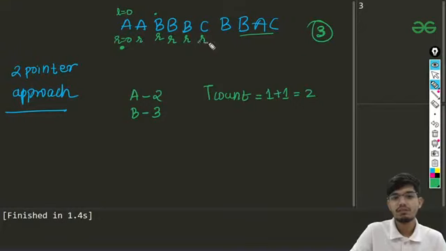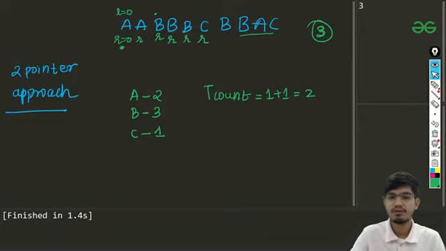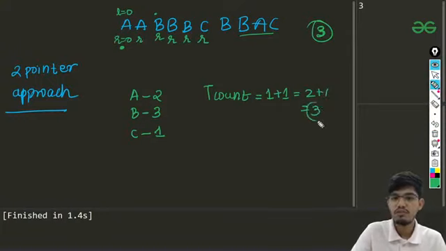Then we are at this position with R. C is taken the first time, so we have c equal to 1. Since we reached this position for the first time, we'll increment the temporary count from 2 to 3. Now we can see we have matched our t count with our total distinct characters.